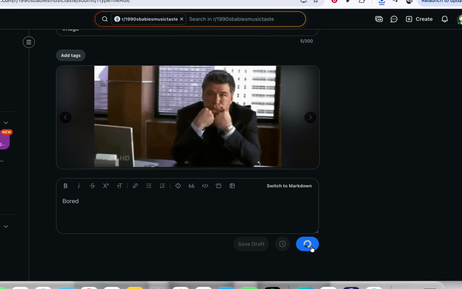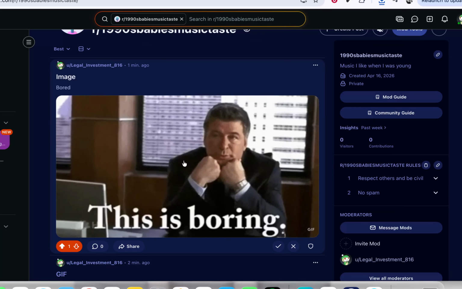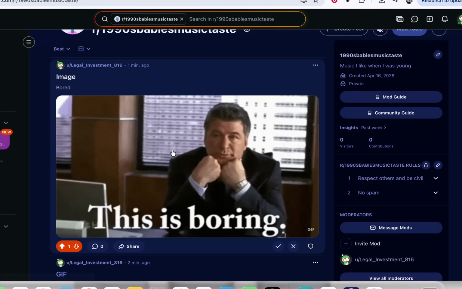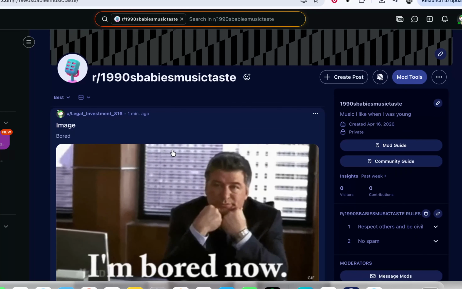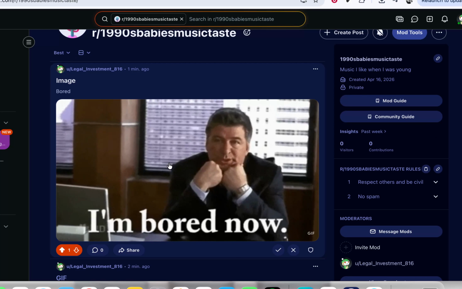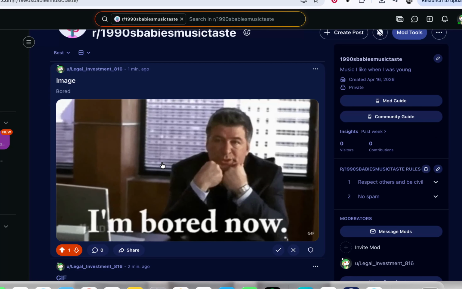If Reddit supports a built-in GIF search for you, you can follow those on-screen directions to search for a GIF by keyword and select the one you like. Once your GIF is loaded and visible in the preview, add a clear and relevant title to your post. This helps other users understand what your GIF is about and makes it easier to find. When you're happy with how everything looks, follow any remaining on-screen